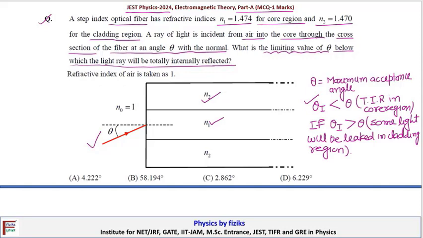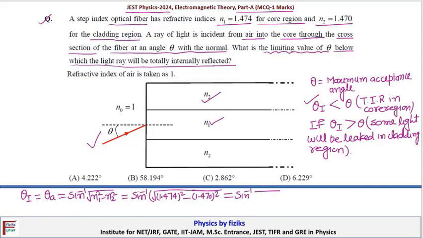So the limiting value is theta I equal to theta A. This will be the limiting value, and this is given by sine inverse under root n1 square minus n2 square. And this value will be given by sine inverse under root 1.474 whole square minus 1.470 whole square, whole under root. And if we calculate this value, this is given by